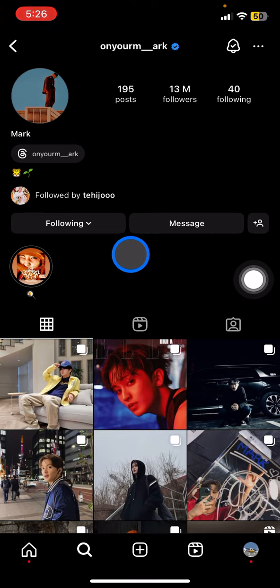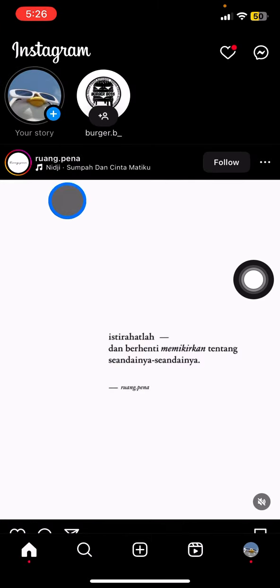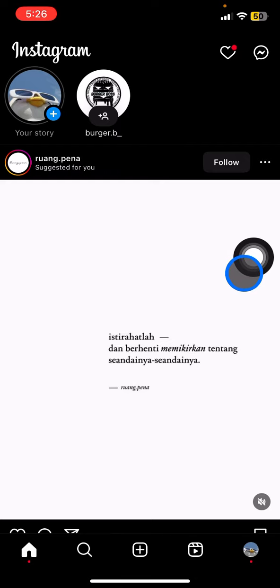So this account is already muted. Whenever this account creates some stories or some content, you will not get a notification, or this content will not show up in your Instagram feed. So that is the way how to mute someone on